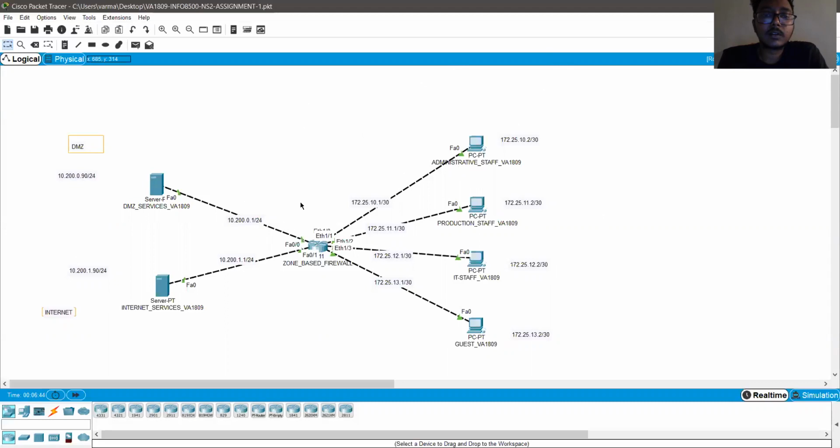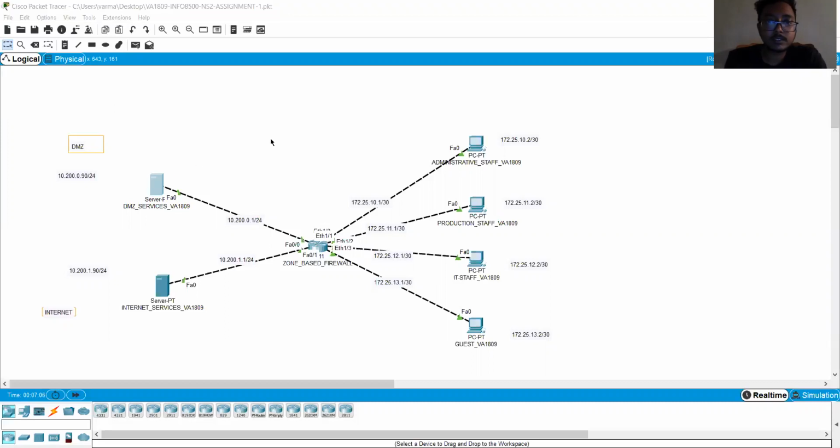It records the IP addresses, ports, and everything else of source and destination. I use the zone-based firewall method, and it is very efficient because we can do zoning, class maps, and all the stuff.